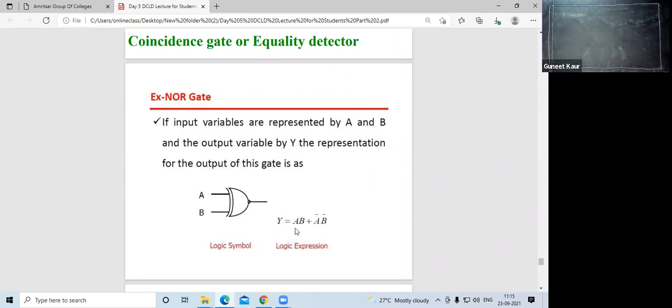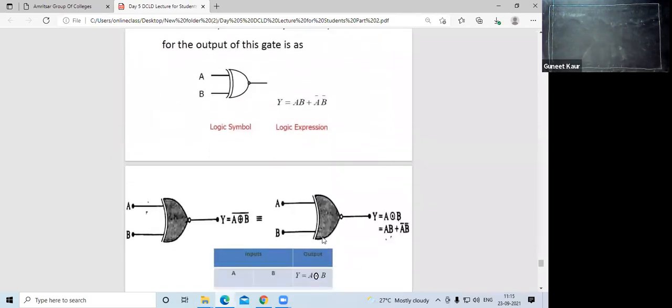So the expression for this is AB plus A bar B bar. Okay, so you can see we can also write it like this. This is the inversion of XOR, that is A XOR B bar. This is equivalent to here. Okay, if you do the bar of that, this will be written in the dot form. A dot, in the circle we have to put the dot for the XNOR. A dot B. Okay, so expression for this is your AB plus A bar B bar.